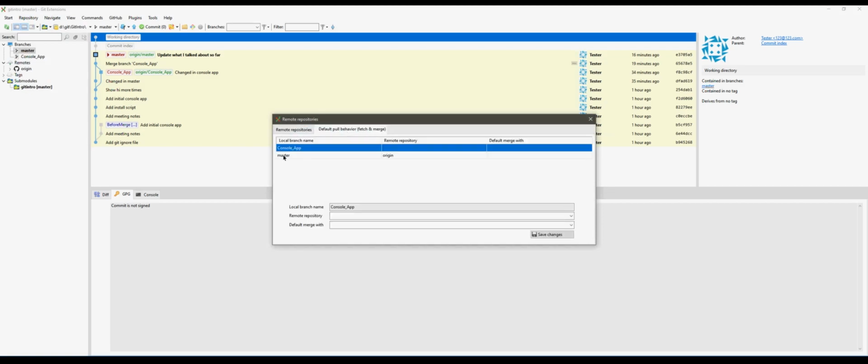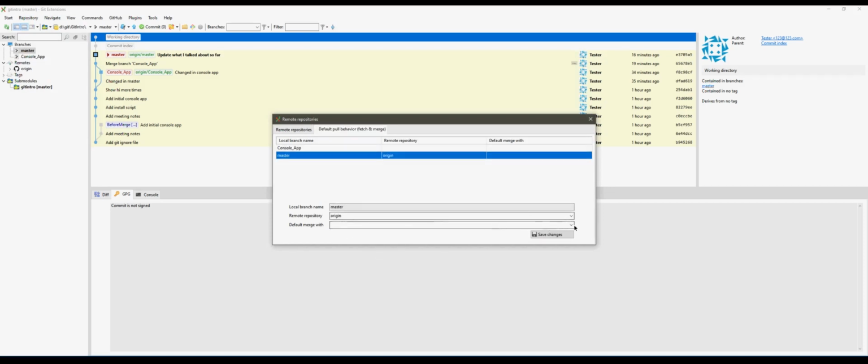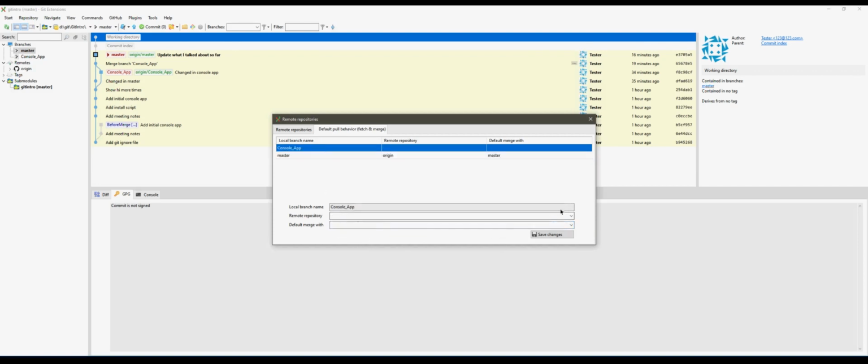Default pull. So on the master branch, default merge with origin master, so that it knows that if I try to merge the remote branch, it'll go, oh, right, that's linked to your local master branch. Same thing with console app. In console app, I want the default to be origin console app. This way, when you do a pull, it will